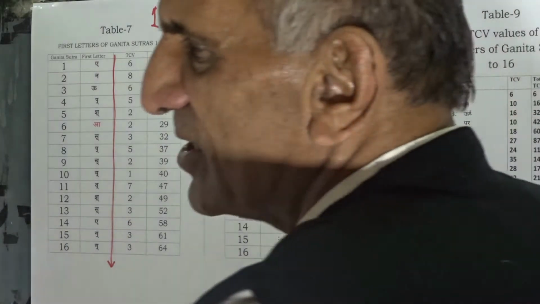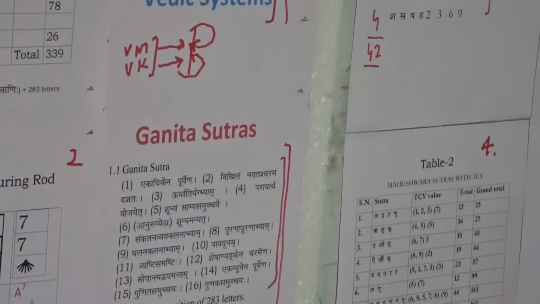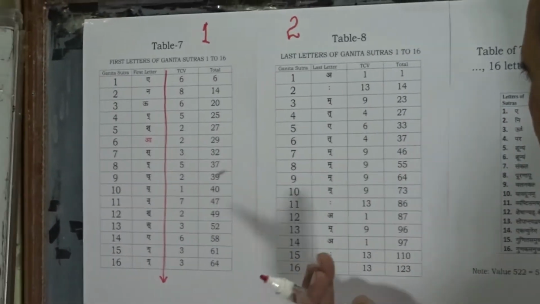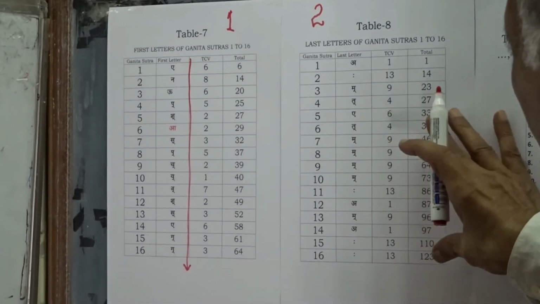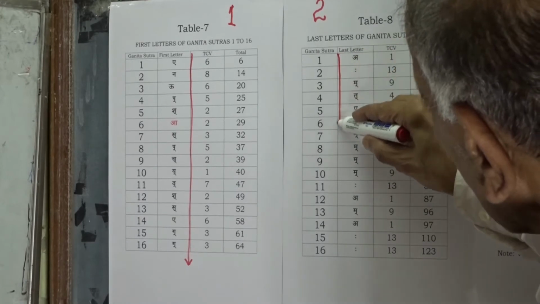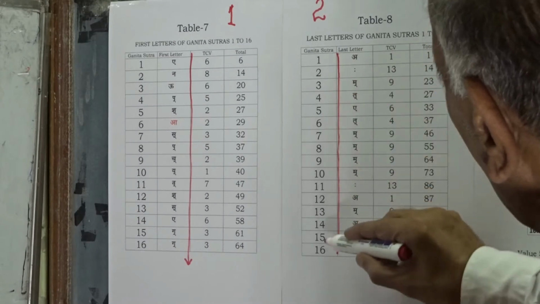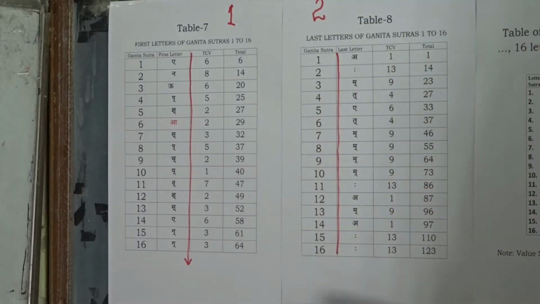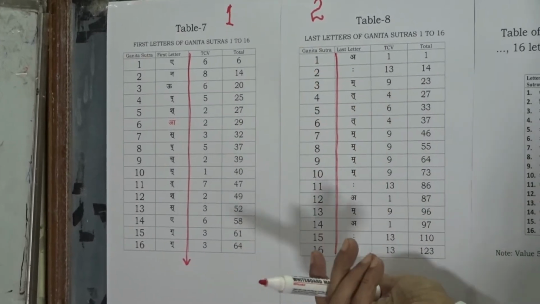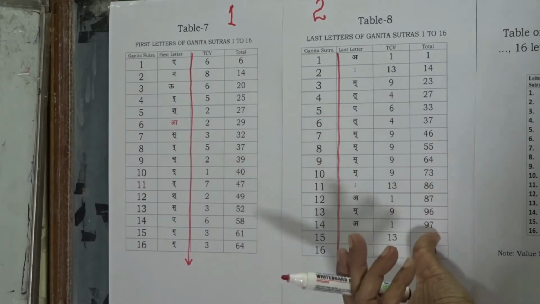Therefore, the last letters of these 16 Ganita Sutras as a table will compile for us and take us to the values, features and formats of the chain of these 16 letters as the end letters of the text of Ganita Sutra 1 to Ganita Sutra 16. Therefore, the values of features of these 16 end letters of Ganita Sutras 1 to 16 together will